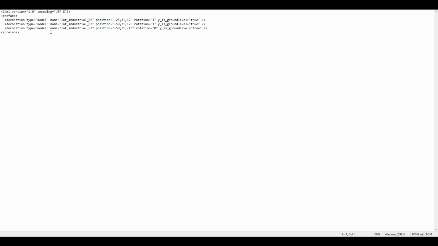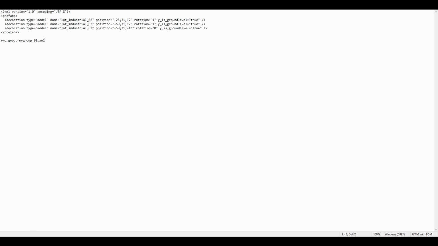Once you have this, you're going to want to copy it and rename it, and it's going to need to be called rwg_group_whatever you want. So for example, you might call this rwg_group_mygroup.xml. It doesn't matter what your name is for the group. You could do even mygroup01, however you want to do it, but it does need to start with rwg_group_. And that's going to be the file name that you're going to use for each group that you